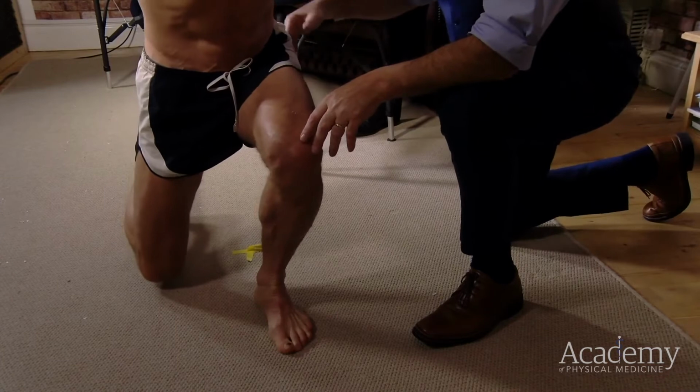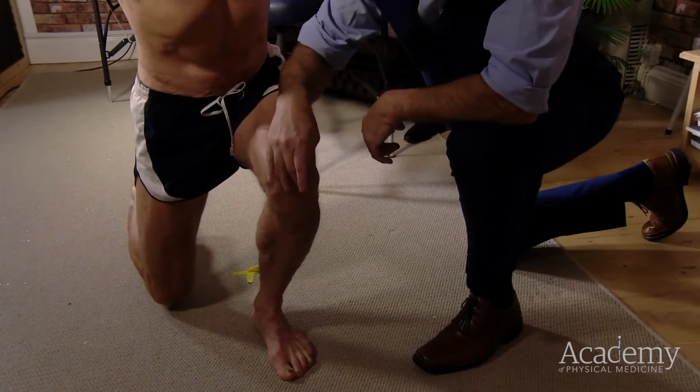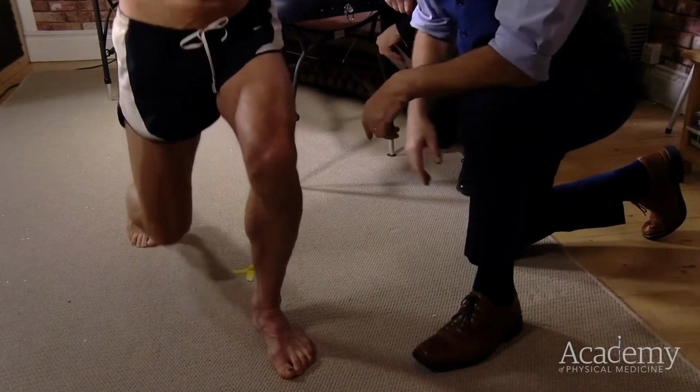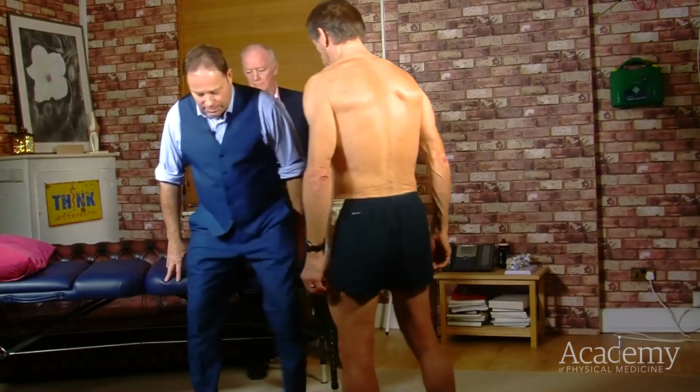So we're looking at the ability to control being in a neutral position. Ideally, the patella should be between the first and second metatarsal. He's dropping in a little bit on both sides, actually. So if I get you to come and sit onto the table, first of all,